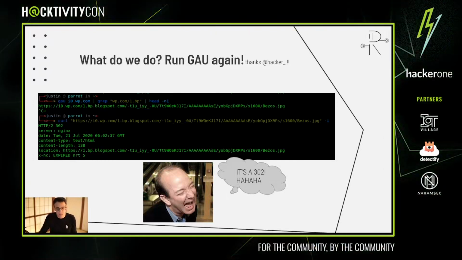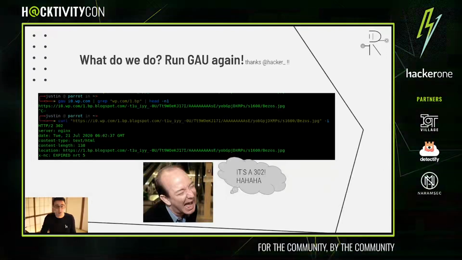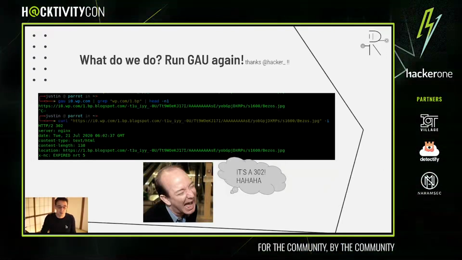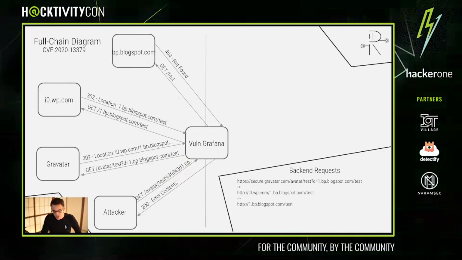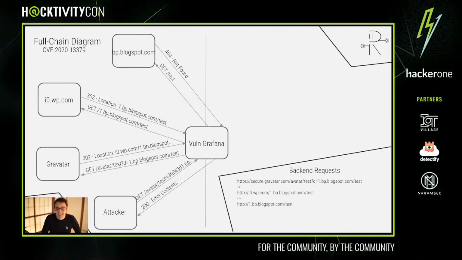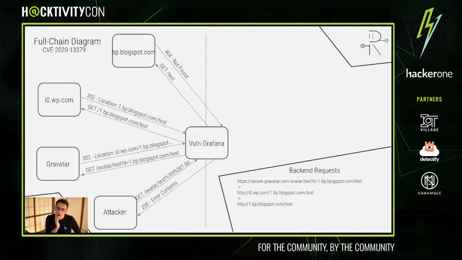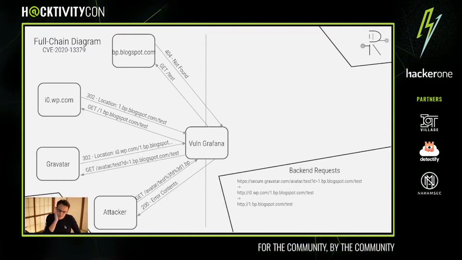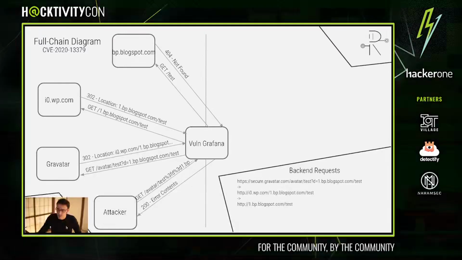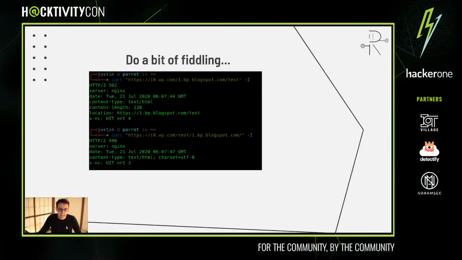So what do we do then? Well, we go and look for an open redirect on 1.bp.blogspot.com, but we don't find anything. So that kind of sucks. I'm sitting back, thinking, what should I do right now? I can only get to bp.blogspot.com, and that doesn't really help us a lot. So then I go back and I start looking at the